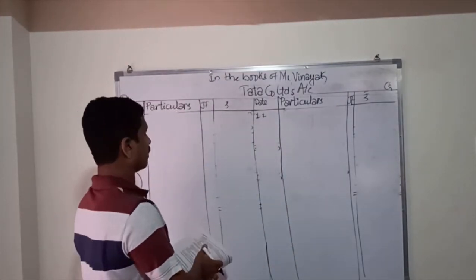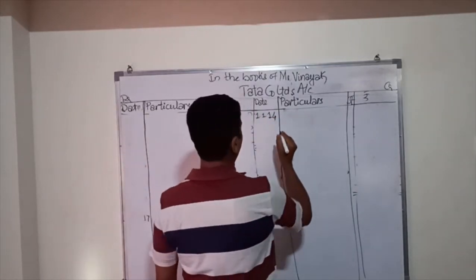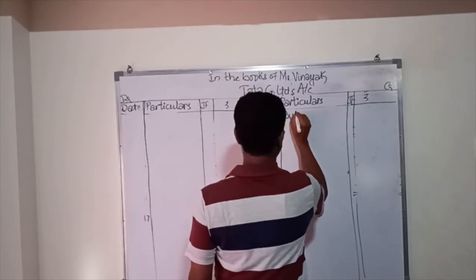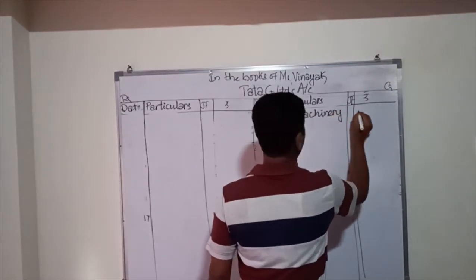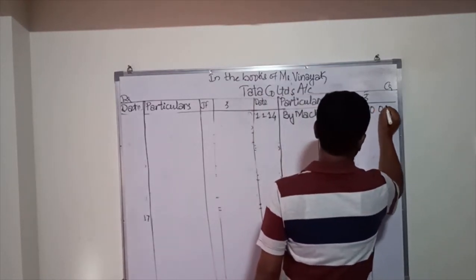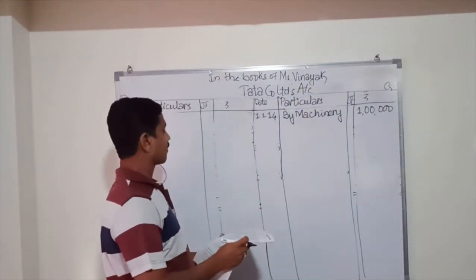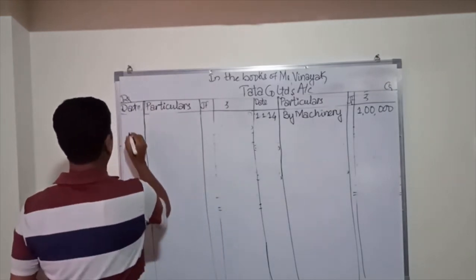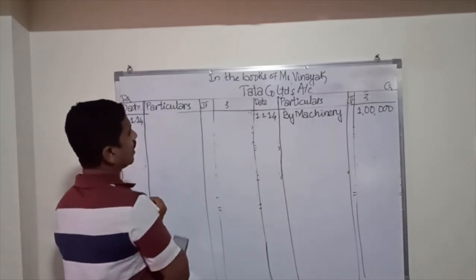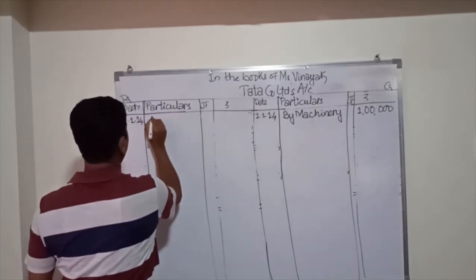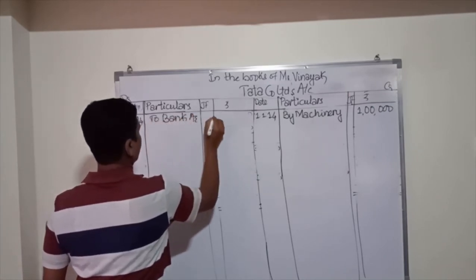is given as 14. So 1/1/2014, then the entry will be machinery account debit to Tata Limited. So Tata Limited is credited by machinery, by machinery 1 lakh. Because the down payment is also rupees 1 lakh only here. Then when this is paid on the same day, that is on 1/1/2014, then the entry will be Tata Limited company account debit to bank account. So to bank account, this 1 lakh is paid here.